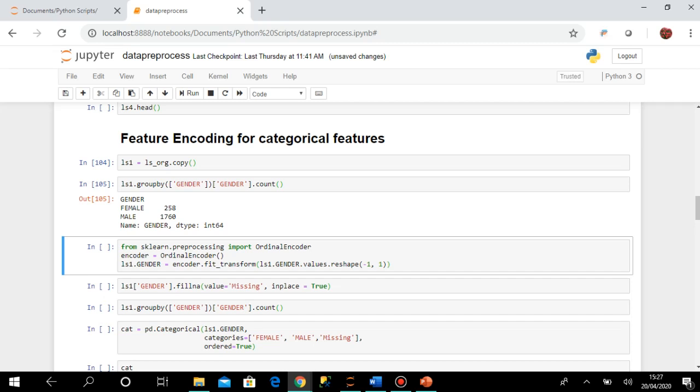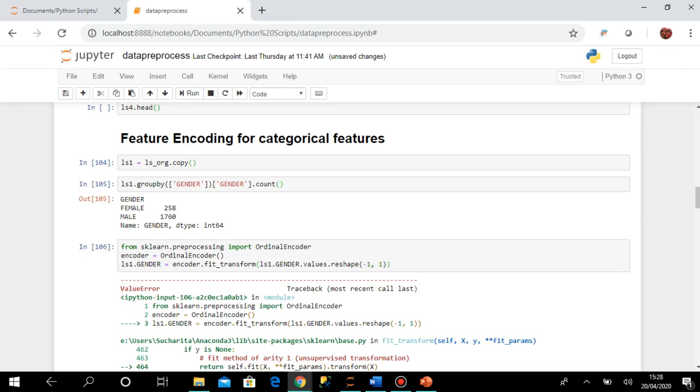Now I am going to sklearn.preprocessing. We are importing OrdinalEncoder. I'll tell you that ordinal encoder is actually for handling ordinal data, but for this example I'll first show you how it works with this ordinal encoder. Here I have called this ordinal encoder, saved in the object encoder, and then I am calling the fit_transform function. I am sending the gender column of this data set. Let us execute and see how it works.